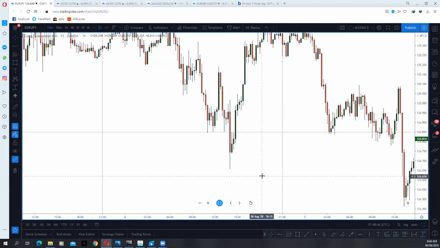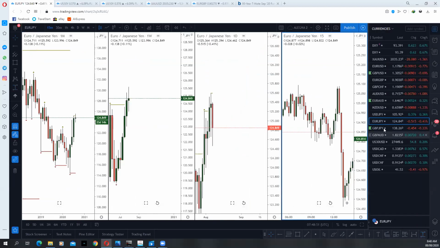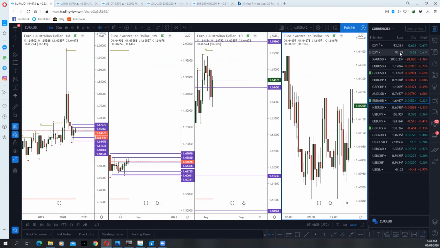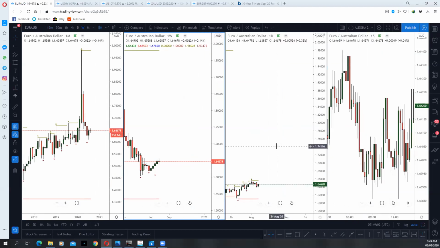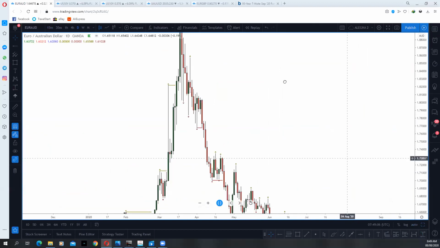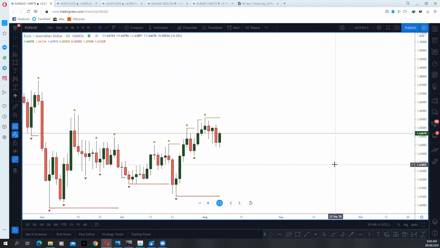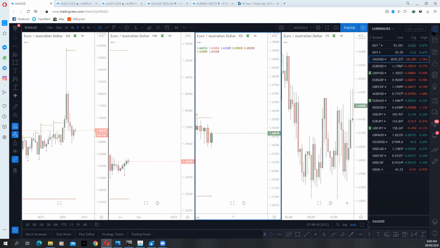But then there was something. Let me now show you an example of this setup on an intraday move. I noticed somebody gave a signal on the Euro USD, Euro AUD. Now to show you, I use the weekly now. Let me use an intraday because I was watching the example. I think gold did something like that. Yes, gold did something like that this week. Let me go to gold.